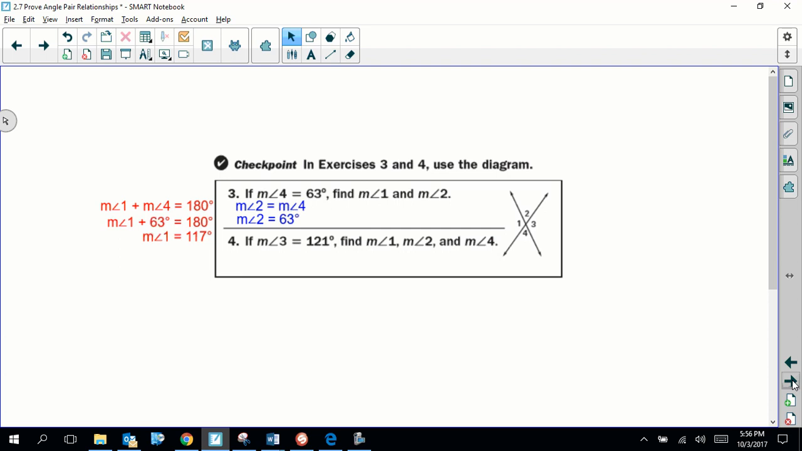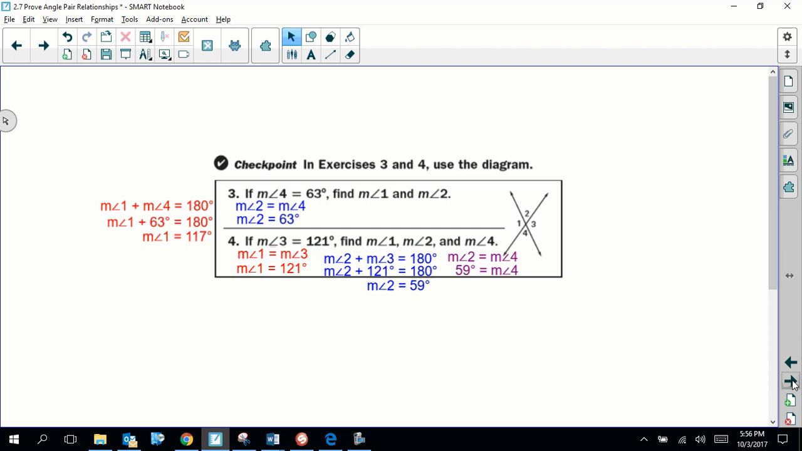Moving on, we're kind of changing up the numbers, but still using the same diagram. Angle 3 is 121 degrees, so angle 3 and angle 1 are vertical pairs. Angle 3 and angle 2 are supplementary. Same thing with angle 3 and angle 4. They're linear pairs. Now the way I worked out this problem is saying that the vertical pairs are congruent to